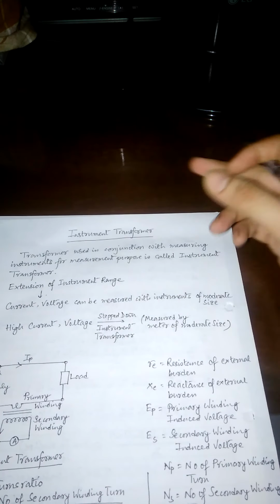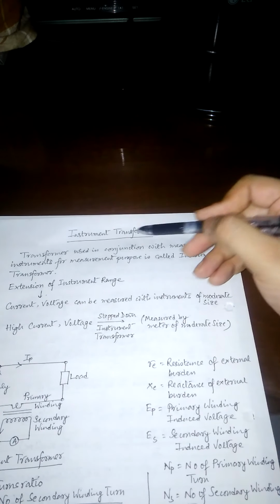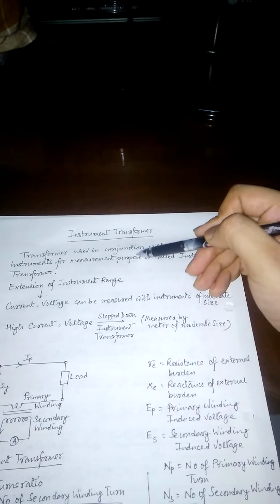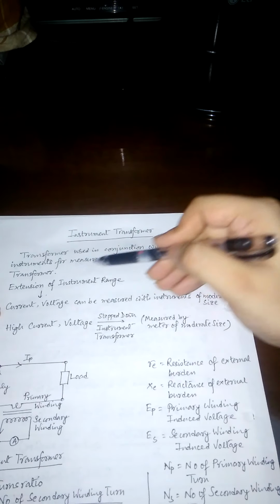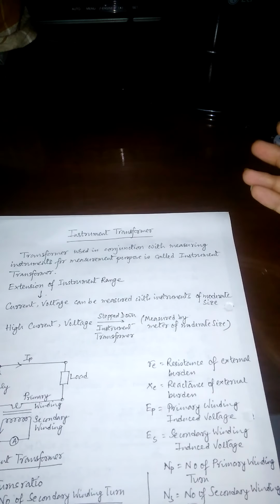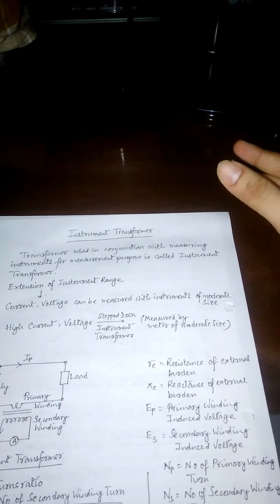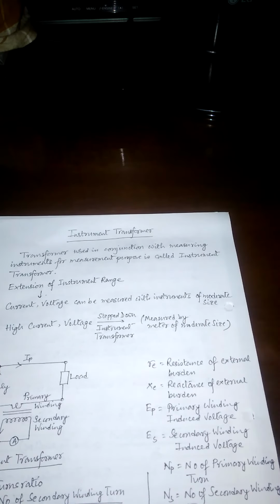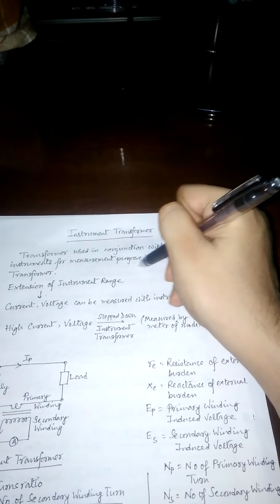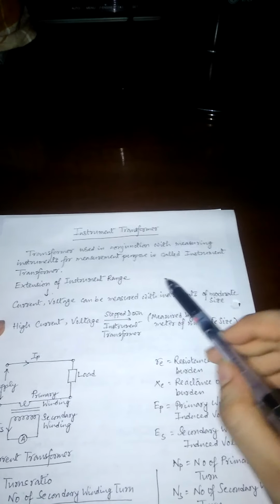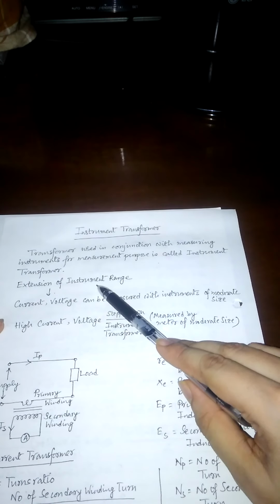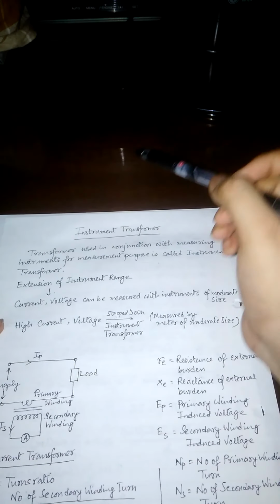So if we use an instrument transformer in conjunction with this type of measuring instrument, then the normal ammeter and voltmeter can also measure the high amount of current or voltage. From this we can conclude that the instrument transformer is actually used to extend the range of